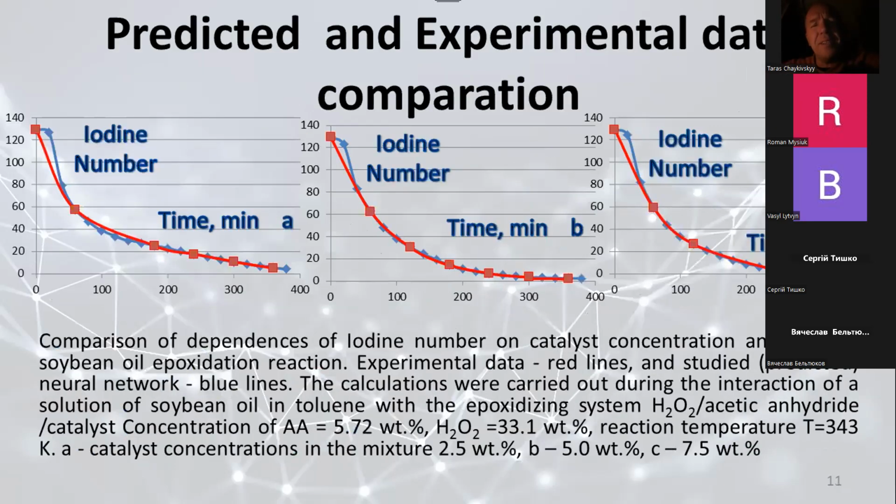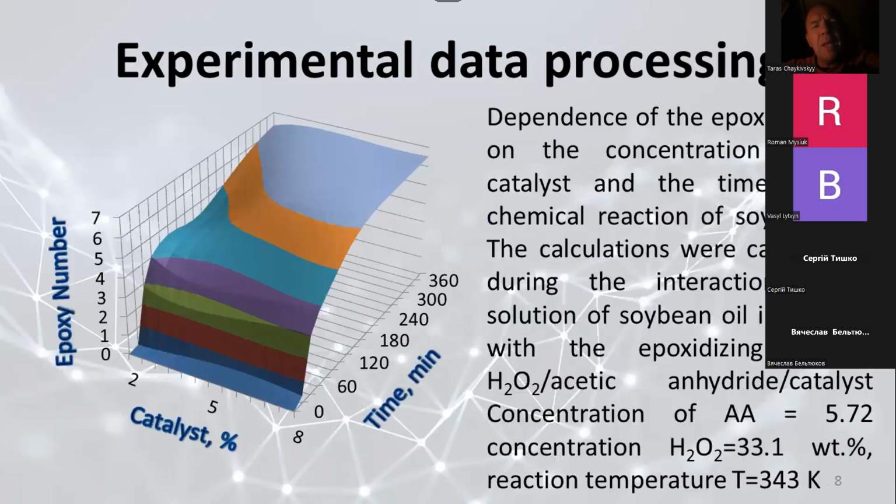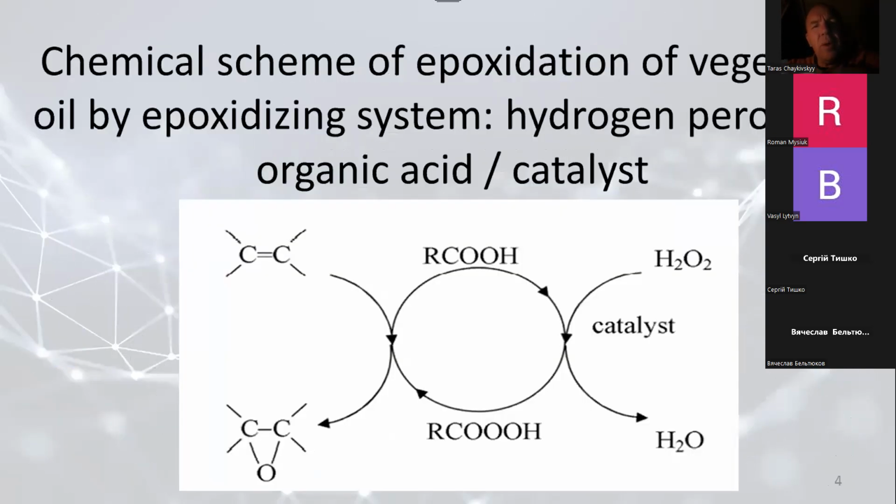I understand your question. Thank you for your question. Look, on the left side, we have an unsaturated bond, like in vegetable oil. Today we use soybean oil. The unsaturated bond will be destroyed, making an epoxy ring. It's needed for paint production, for the paint factory. But we have two